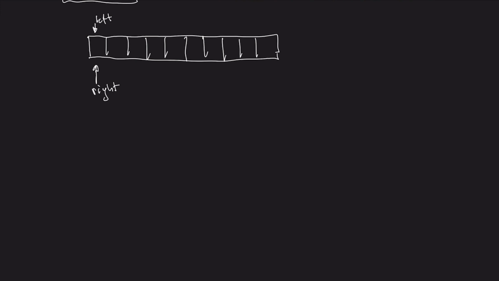The way the algorithm works is that for each position of those two indexes, we check whether a certain constraint is maintained. In our case, for our string problem, the constraint is whether the substring between the left and the right, inclusive, contains unique